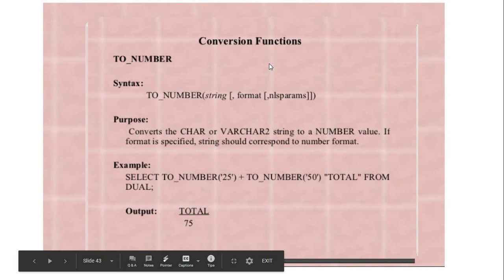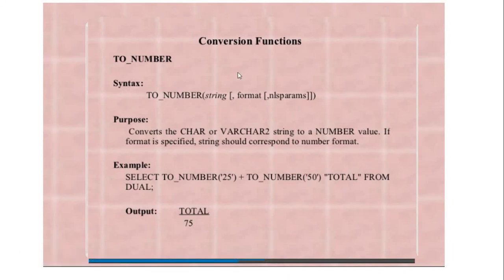Then we have some conversion functions that can be used to convert one data type to another data type. For example, sometimes we may be interested in conversion of characters to numbers. Suppose here we are given this string, that is basically a string having two digits together, so we want to convert it into a number.